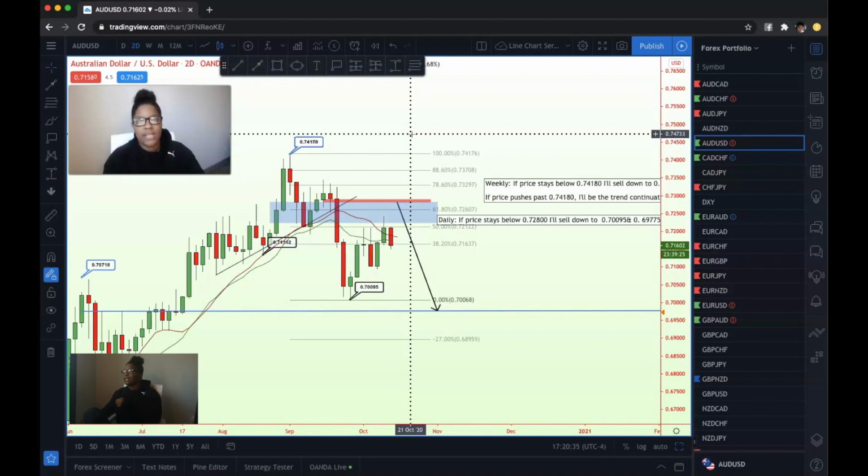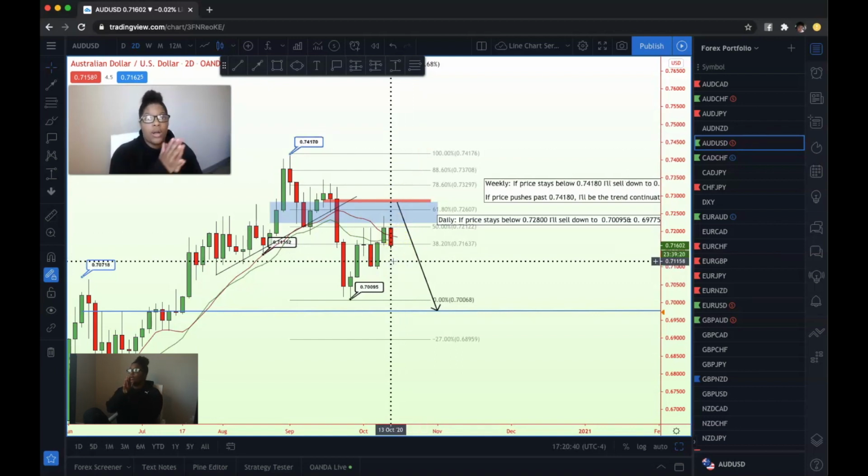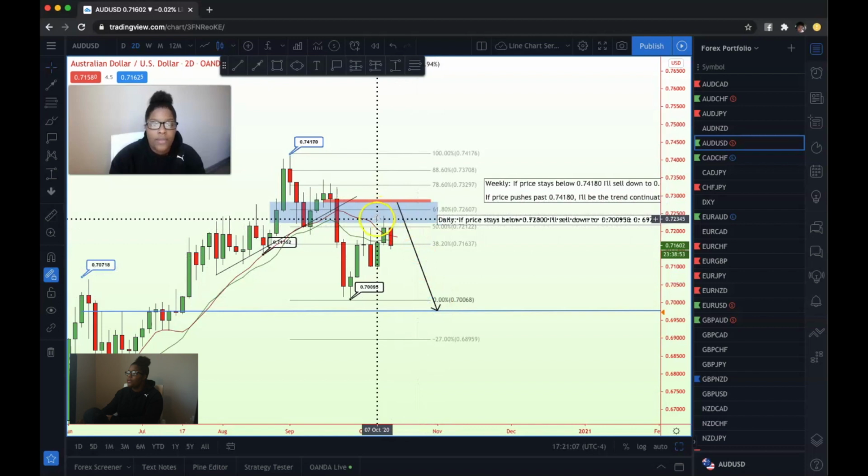The 2-day chart shows me candle closures every 2 days, every 48 hours. This is why knowing your time frames is important, because they tell you how long it takes for a candle to close. The weekly closes every week. The daily closes every day. The 4-hour closes every 4 hours. The 1-hour closes every 1 hour. That's when every candle prints. Once that candle closes, another candle forms right behind it, and it still takes the same length of time to close. So with that being said, looking at it here, this is my weekly zone